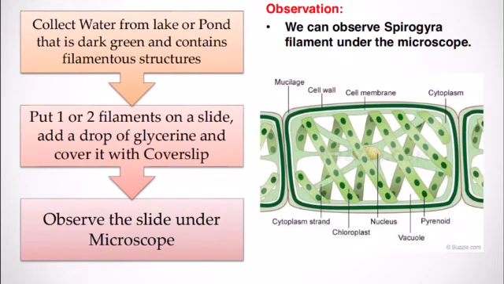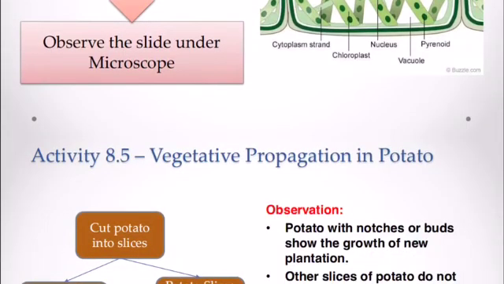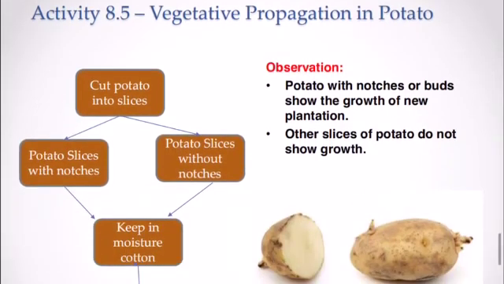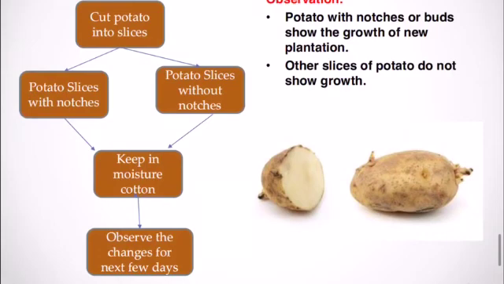Okay, now continuing further, वेजिटेटिव प्रोपगेशन इन पोटैटो. पोटैटो में कैसे होएगी, कट द पोटैटो इनटू स्लाइसेस and then potato slices with notches and without notches, keep in moisture cotton and observe the changes for the next few days. So what you will see,